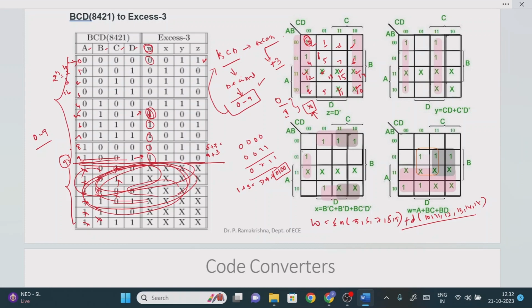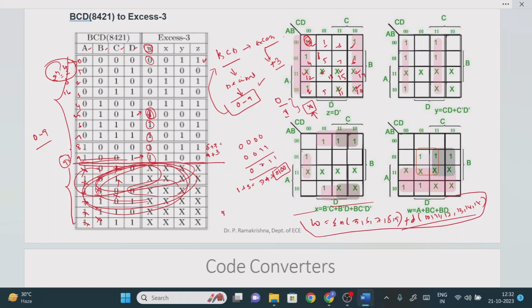Why? BCD is applicable only for the decimal number system, 0 to 9. But the moment you take a 4-bit number, you get 16 possibilities. When you plot into the K-map, we can tell whether it is an SOP function or POS function, but for 10, 11, 12, 13, 14, 15 we don't know whether it may be 0 or 1. If we don't know, then we consider it as the don't care combination. Then we solve the K-map with the don't care combinations and find the logic expression.